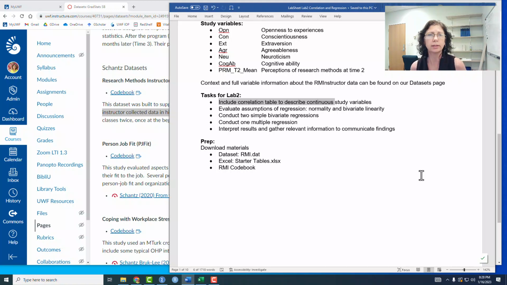After that, we're going to conduct 2 simple bivariate regressions, so 2 separate regressions that only have one predictor in them each. And then we'll conduct a multiple regression that has 2 predictors with the outcome. And along the way, we are interpreting results and gathering relevant information from the output so we can communicate our findings. The materials you're going to need for this, the data set is called RMI version 2